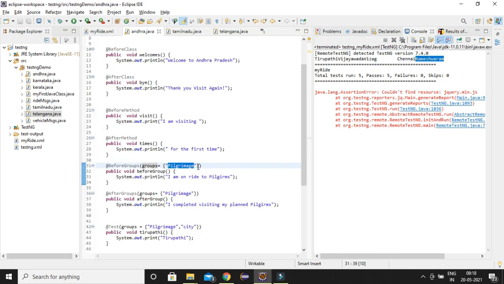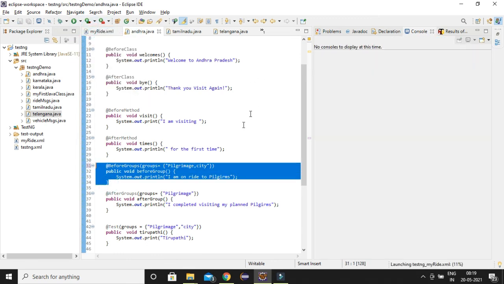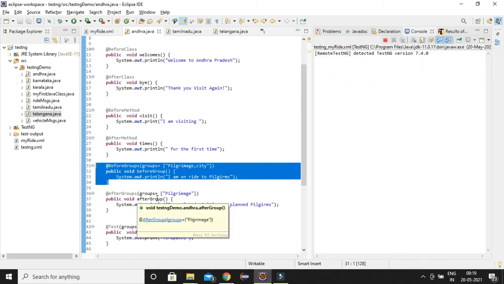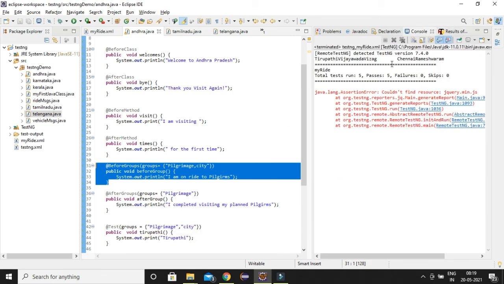Suppose if I add city to this group before and after, comma, city. Now you see before group will be available for this group also. After group I haven't added city, so after group will not get executed for this.